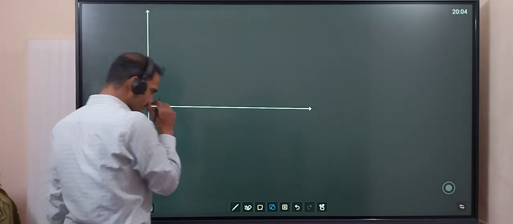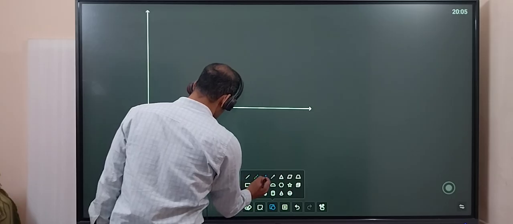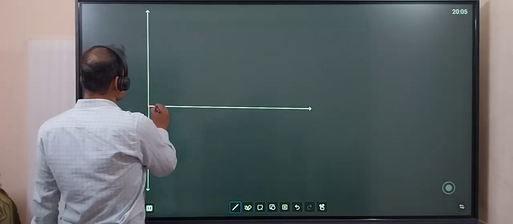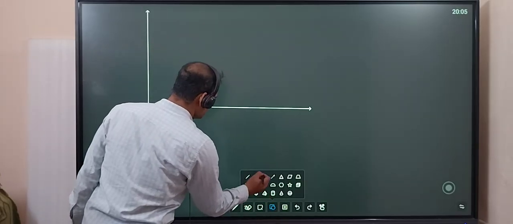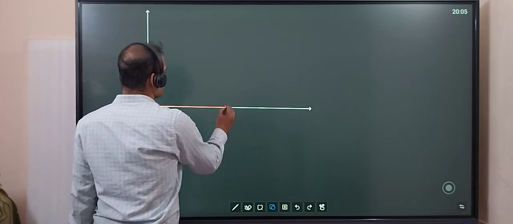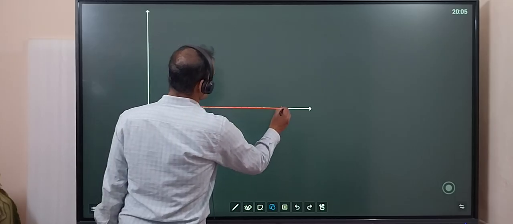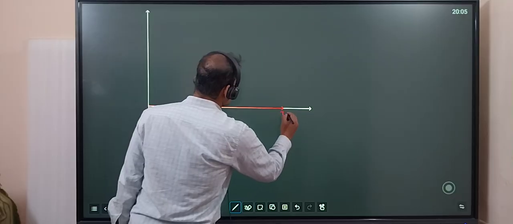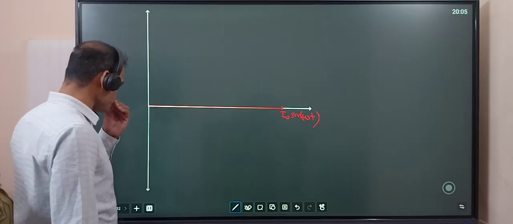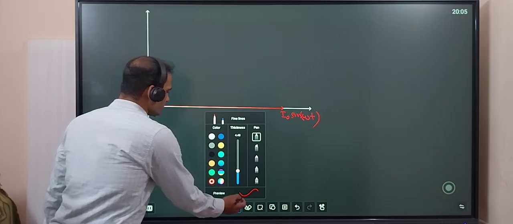This is perpendicular to the reference axis, okay, and current phasor is, I am showing current phasor with the red one, okay. So this was our current phasor in the red. Okay, let us make it large, okay, no problem. This was I naught sine omega t, okay, and the voltage phasor